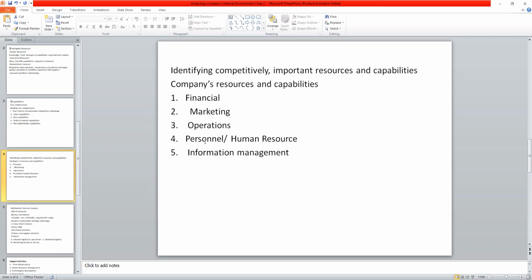Now, whether it is equity or other modes, it should be an attractive option for the companies. Now, the next function is with reference to marketing. Finance is the base or the foundation upon which the marketing function lies. Here, it takes into account factors related to product manufacturing, product development,